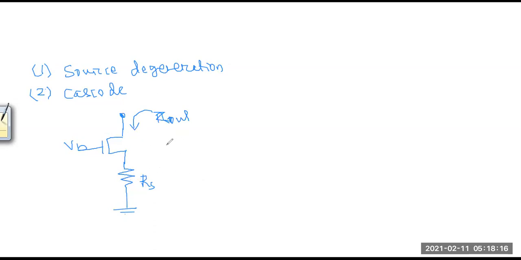So how will you know that it increases? If you do the small signal analysis, then you will see. We have already discussed this, I think, but again I'll discuss. Same thing for transistors: you have to replace it with the small signal model. And for this transistor, this is R0, and this is gm VGS.